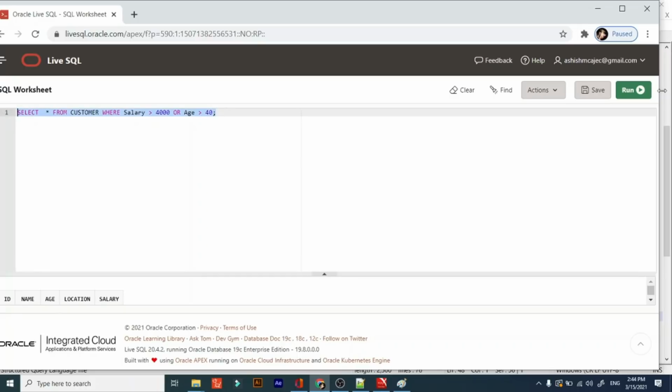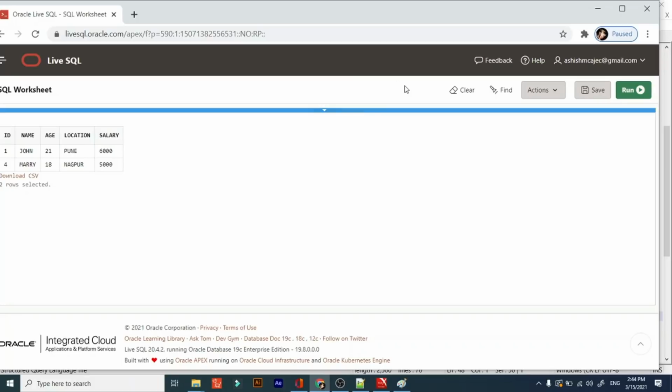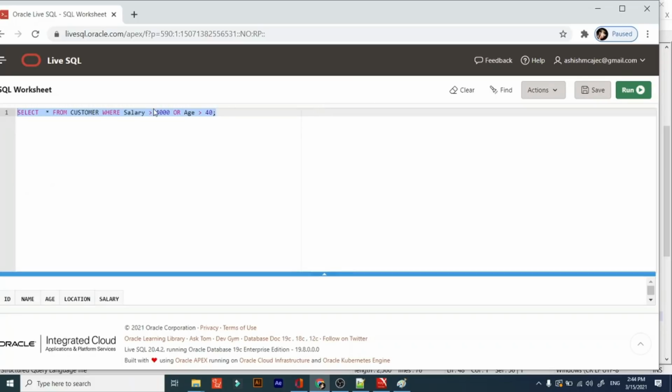So I'm just going into a data set. Yeah, this is our data set. So see, what is salary. Both the conditions should be true. False plus true equals false.